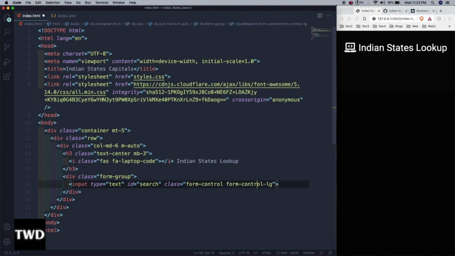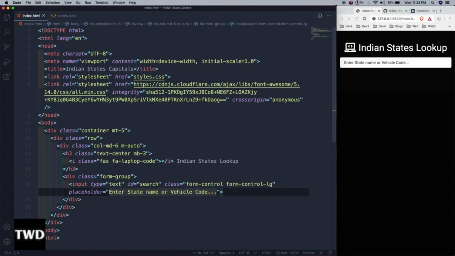Let me have some more things, like placeholder equal to "Enter state name or vehicle code". Let me save it, and I got my input box, and then after that all of the logic. See, what we are going to do is search for a state and its details will be shown here,